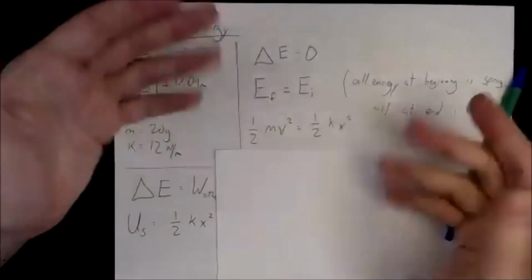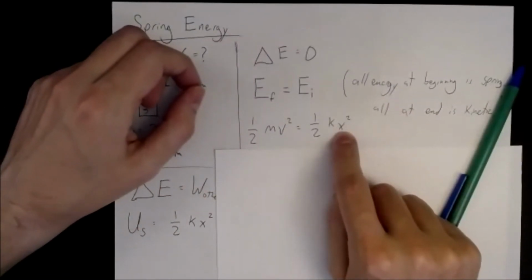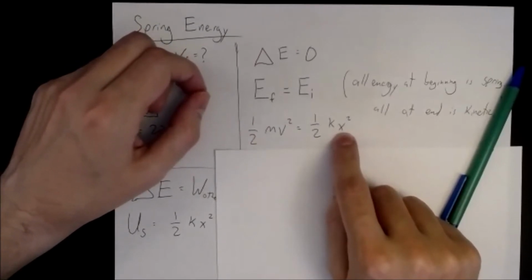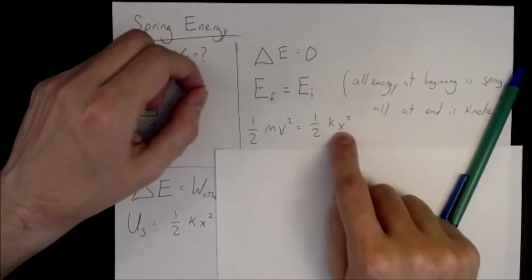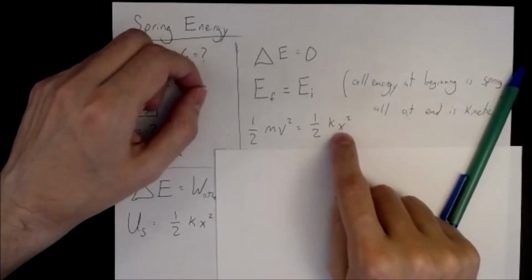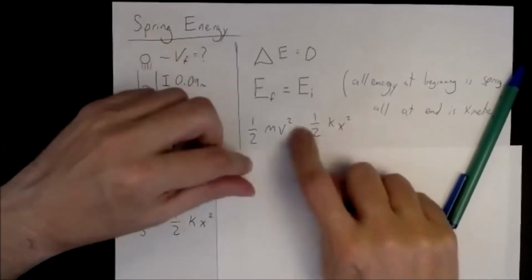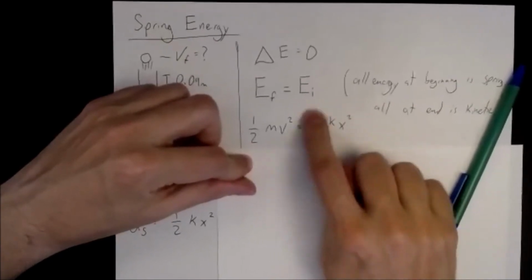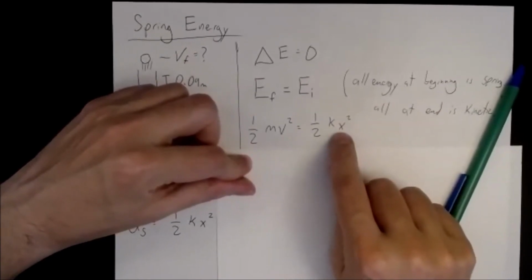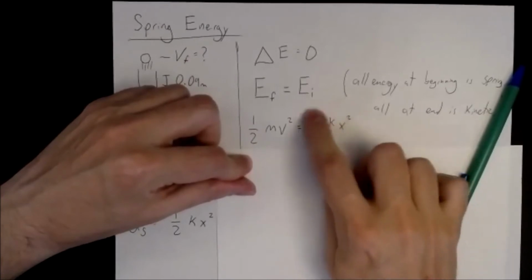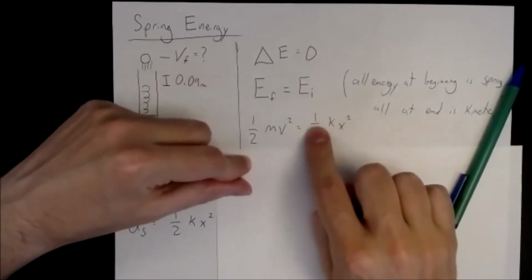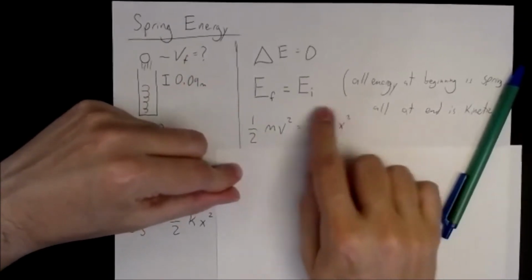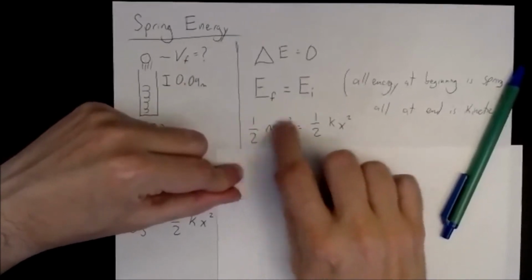Look at it just like this. If you double, actually, let's make it a little bit more interesting. Let's triple x. You can think about what happens if you triple the value of x. Well, this side goes up by a factor of 9. If you triple this thing and square it, this side goes up by a factor of 9. If this side goes up by a factor of 9, this side has to go up by a factor of